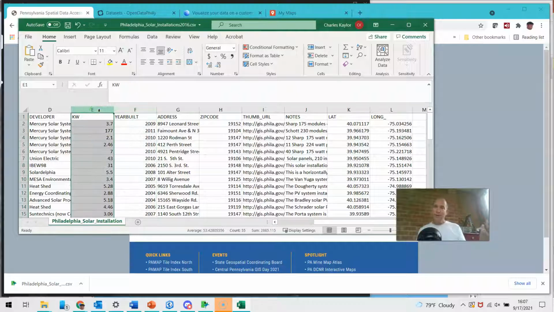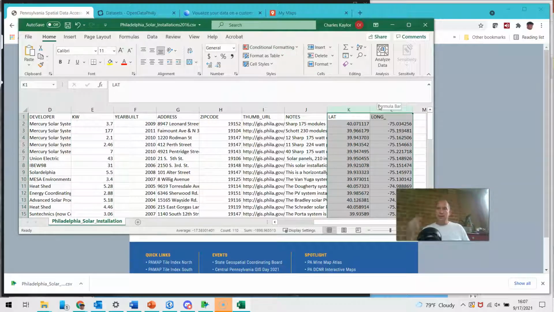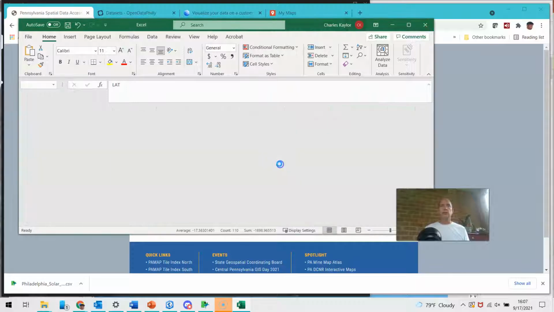Among other things, their solar production. How many kilowatt hours of juice do they produce? And they also have these two fields, the latitude and the longitude. With the latitude and the longitude, I can map these. And so I'm going to show you in a moment how to fiddle around with these really easily by uploading them to Google Maps. So for the moment, I'm going to close this file, and I'm going to switch over